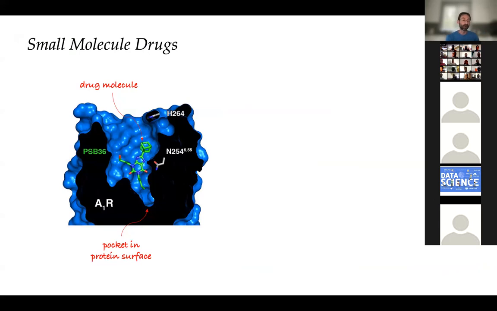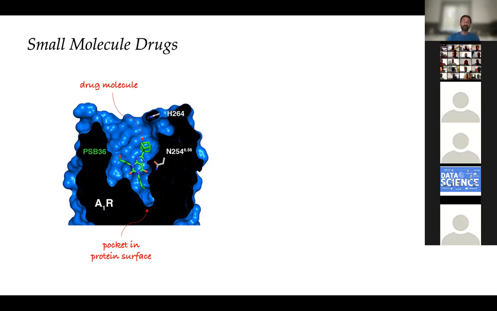So being so ubiquitous, obviously proteins are a common target for drugs. I think, well, don't take me by the word, but I would say that the majority of drugs try to target proteins. And typically the way that it looks like is you look for pockets. So you say that the protein target is druggable. It has a pocket-like hole in its molecular surface, and you try to develop or discover a small molecule that will fit into this hole and will disable some interaction of the protein with some other proteins or some other molecules, and this will disrupt or activate some process and will cure the cause of disease.